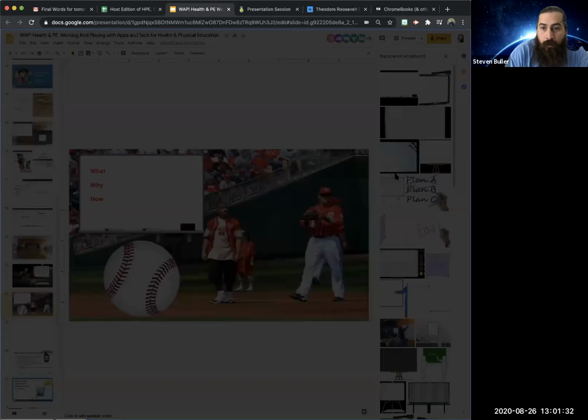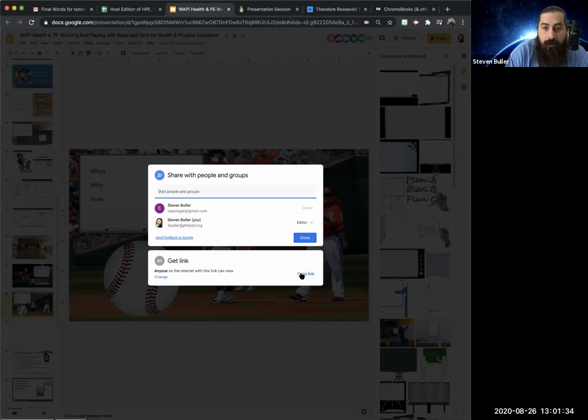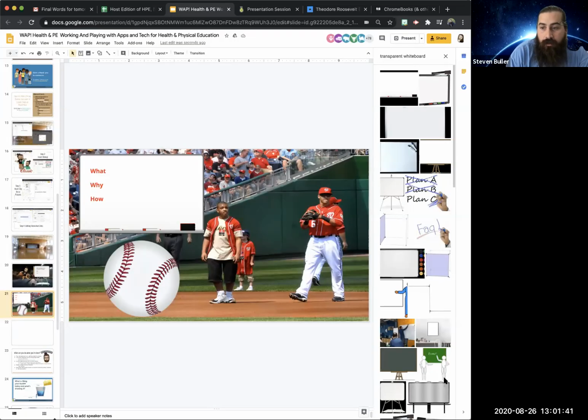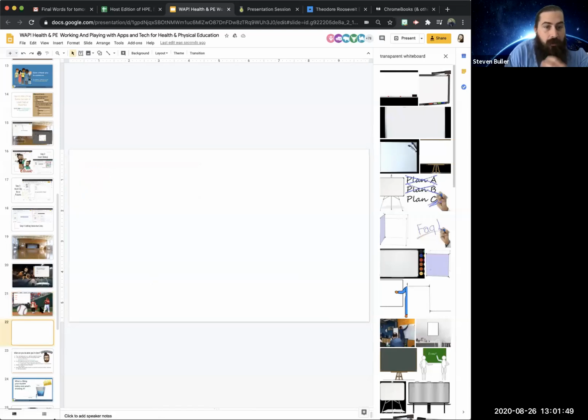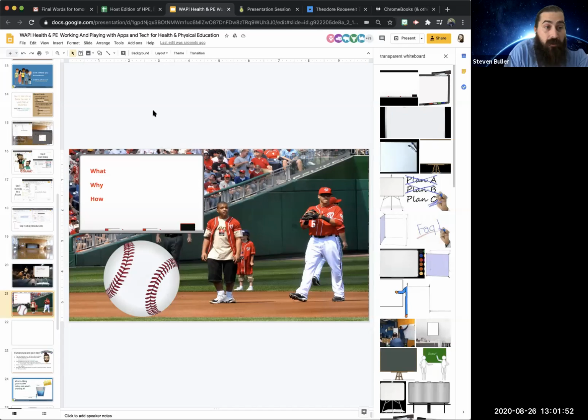So one more time, you click share, copy link, everybody can view. Make sure it says just view and not edit. You can post it. Bam. And then when they click that link, they can go in, they can click everything, but they can't change anything. Another way that you can do this,